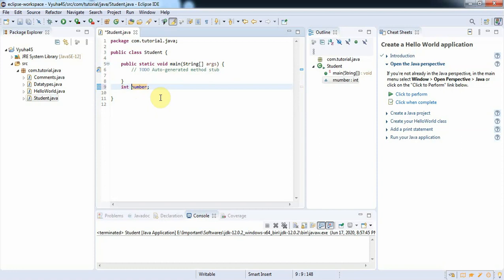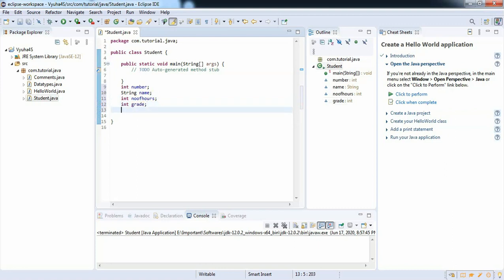Just for your understanding, I'm just adding it as number. Then String name, then int number of study hours, and then int grade.